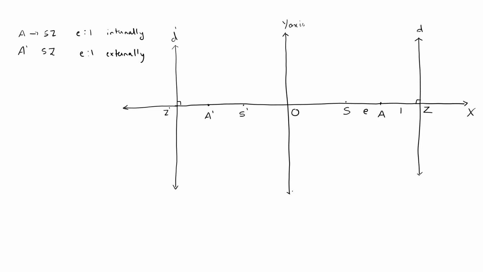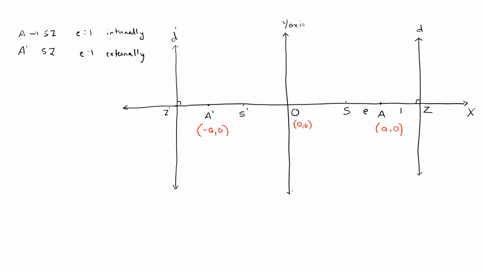I'll just repeat what I said. We had taken a fixed point S and a fixed line D. Then I drew a perpendicular from S on D, named it Z. Then I marked the point A which divides SZ in the ratio E is to 1. Now why E is to 1? Because the definition says that any point on the ellipse divides the focus and Z in the ratio E is to 1. Now since I have marked this line as the x-axis, I'll assume the coordinates of A to be (a, 0). X-axis पर है, तो definitely (a, 0) आएगा. So similarly A dash आएगा (−a, 0). Hence O becomes (0, 0).